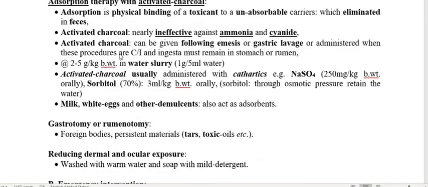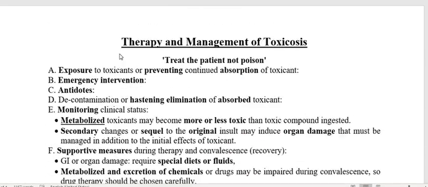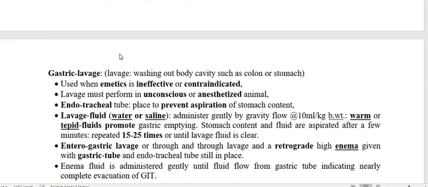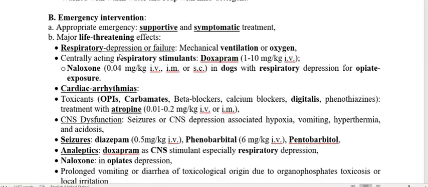In that, you have to go through the first one, that is the exposure to the toxicant, and you have to remove the toxicant present in the GI tract. Second, we have to go through the emergency intervention. So what is this emergency intervention? Emergency intervention means if the poisoned animal came to your hospital for therapy after 2 hours or gets delayed,